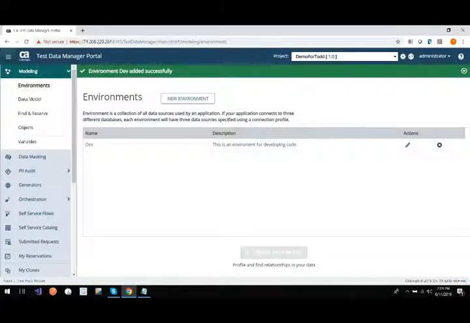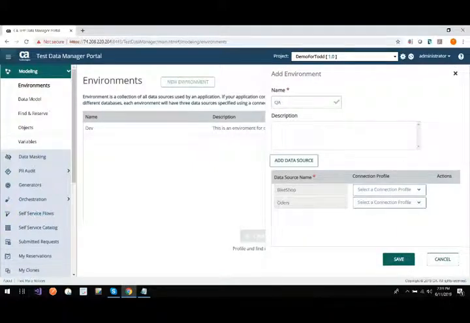So I could have a profile from MySQL. I could have a profile from SQL. I could have a profile from Oracle. I can have DB2, right? Now there may be some catches with DB2, but you can still do it, right? But the point is I have all of them in my environment now, okay? So if I create another environment, let's say QA bikes,